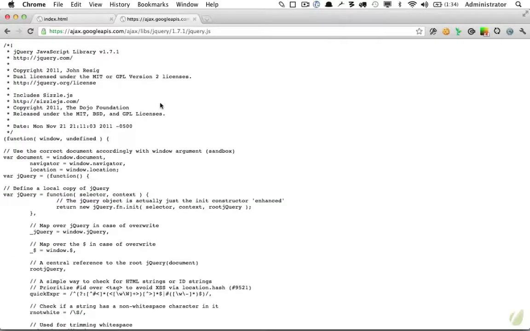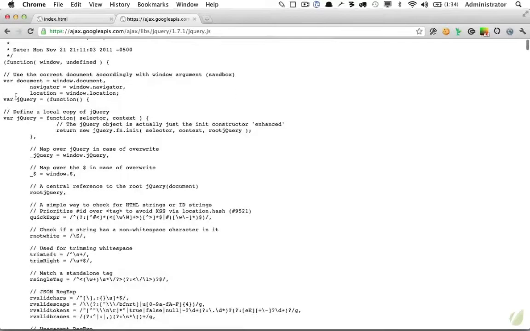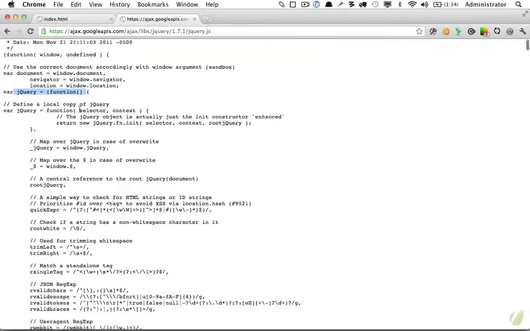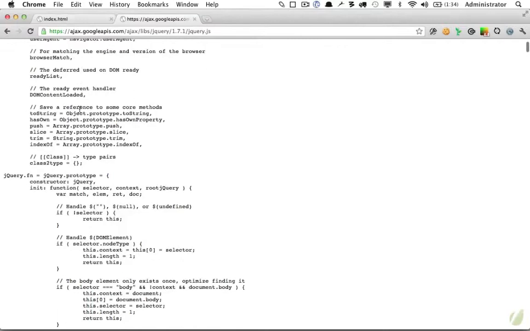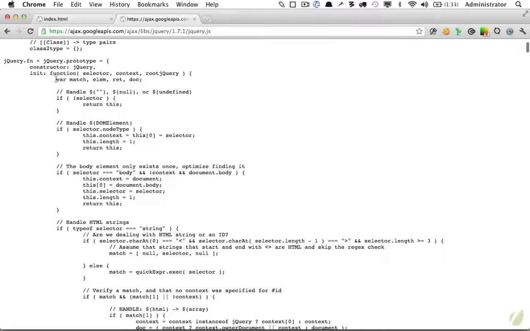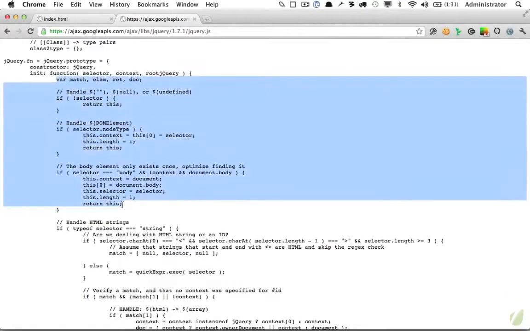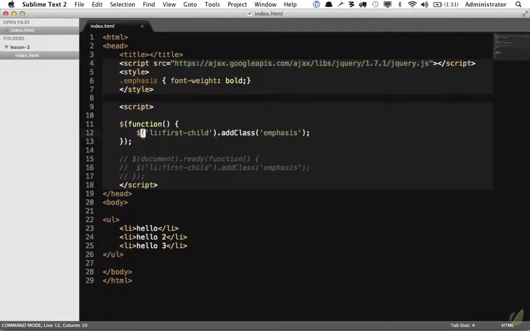Now, I'm going to assume you're relatively new to JavaScript as a whole. I hope that you've read maybe 2 or 3 chapters from a book, but you're more or less a work in progress. But just go along with me. Right here, we're creating jQuery, and we're making it equal to a function that executes immediately. All of this is fine. Don't worry about it too much. But what I want you to pay attention to is right here. And this is what handles what we pass to the jQuery function.